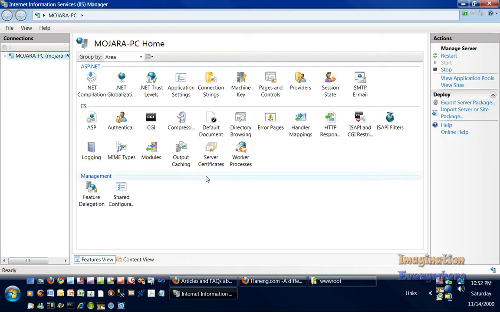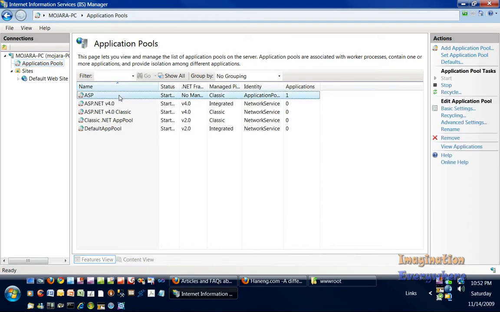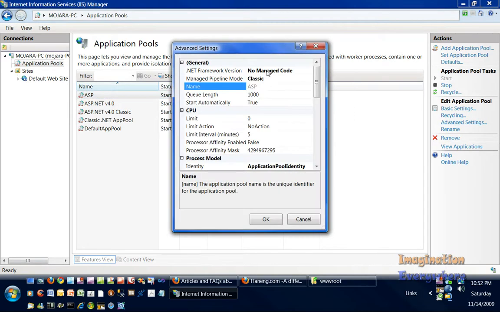What I really wanted to get to is, if you're running ASP pages here, the first thing you have to do is set your application pool. As you can see, I had to set a specific application pool for ASP. If we go to the advanced settings, I had to set it with a .NET framework with no managed code,